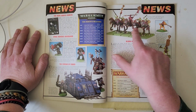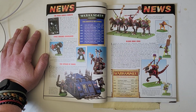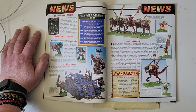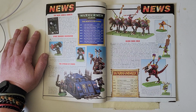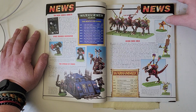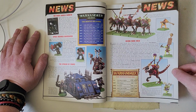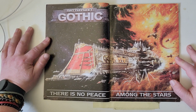We have the Titchy Hitchy's Raiders here, which are Skinks and Cold Ones, which sounds a remarkably good idea to realise actually how low Skink leadership is, and basically Cold Ones suffer from stupidity, so they spend half the time just standing still. And we have a few more Lizardmen releases, Skink releases, to go along with the Lizardmen book that is coming. Turn the page over here, and we have a beautiful double page spread of the Battlefleet